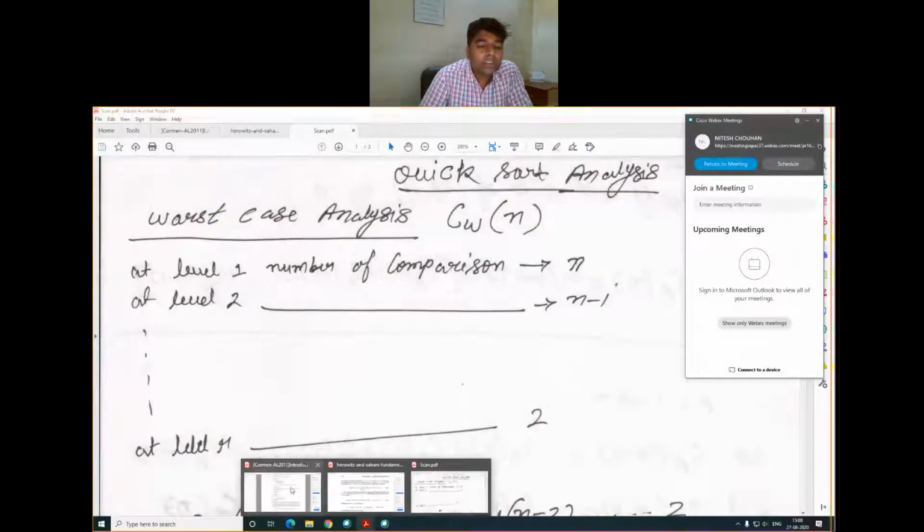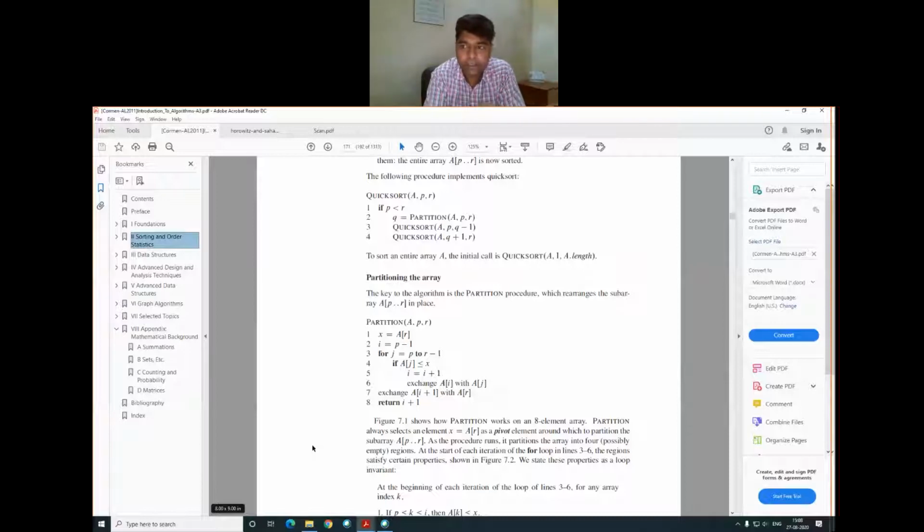Last time we discussed this algorithm, quicksort. This is one of the books; you should purchase it or get the ebook from the net. Basically, this is Cormen, Introduction to Algorithms, third edition. Take this book; it covers your whole syllabus. That particular algorithm, quicksort, we discussed in the previous class.